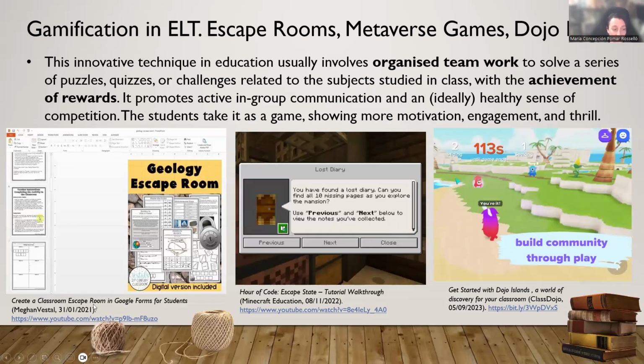How to create a classroom escape room in Google Forms for students. This is a very interesting tutorial by Megan Vestal. Then we have escape rooms created on Minecraft. I don't know if you are familiar with Minecraft or if you have children that play Minecraft. There are tons of games that are educational for Minecraft. And you can also, with a little bit of practice, create very complex and interesting and fun escape rooms that